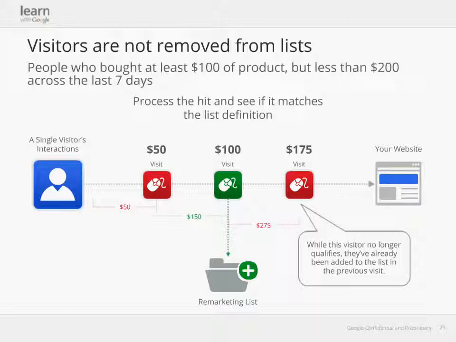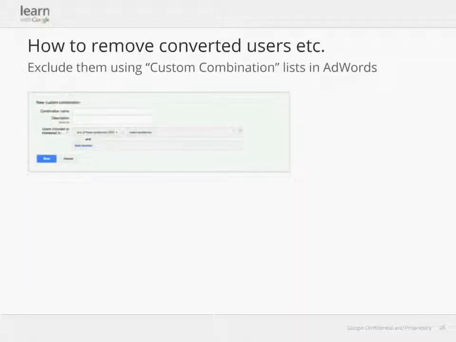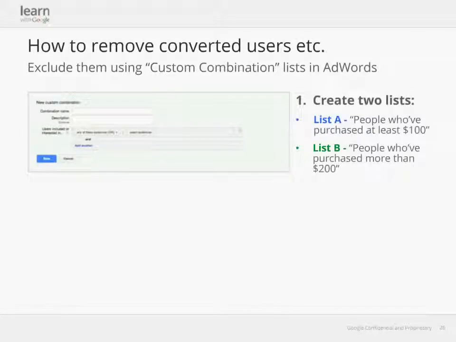So the answer is a really powerful concept in AdWords called custom combination lists. What custom combination lists allow you to do is add and subtract lists from one another to create kind of